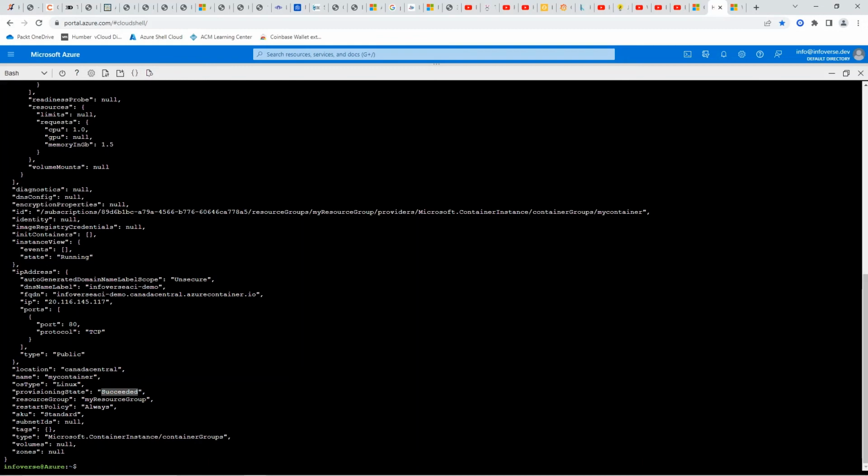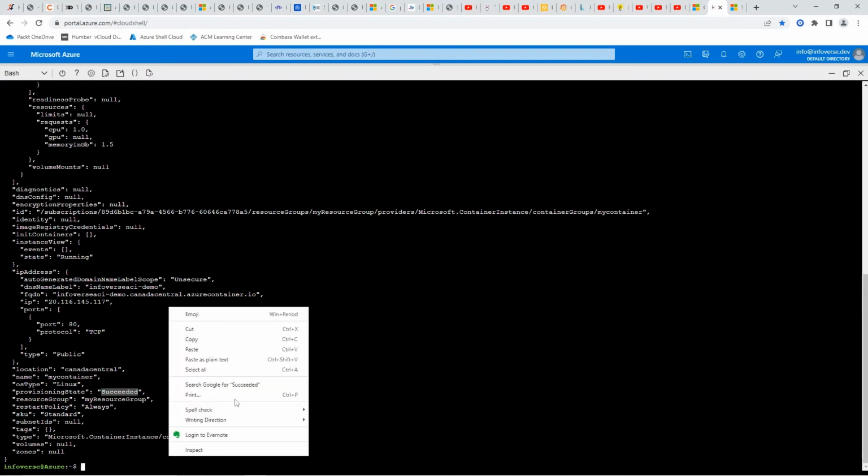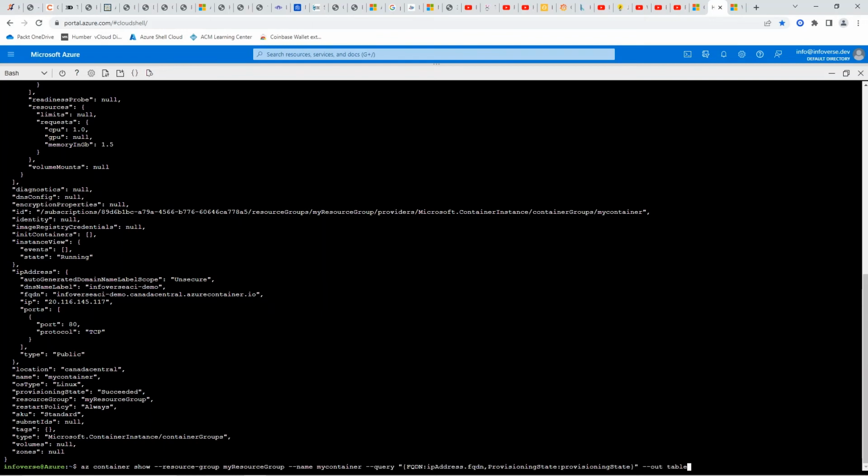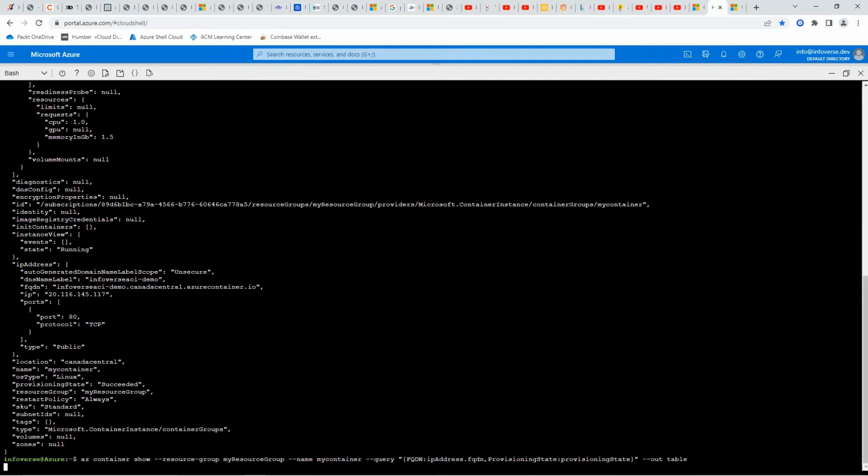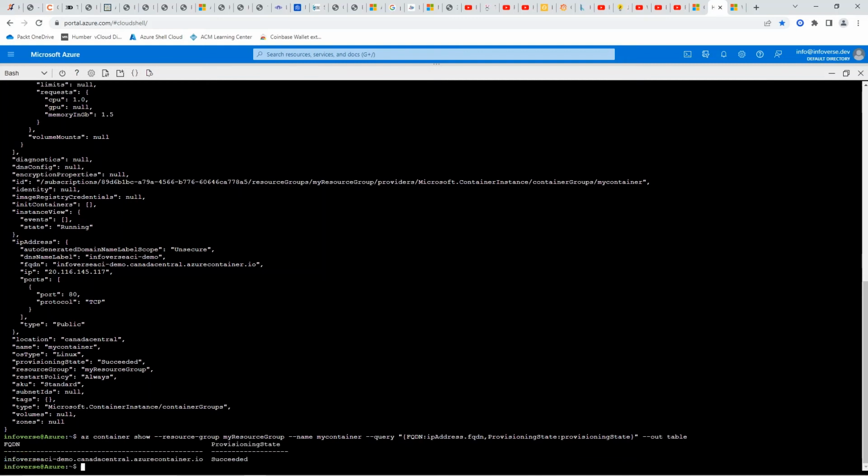Now let's run a command to see if we can see it running. So we're saying az container show resource group my container, and we're querying that to see if it was actually created. So you can see that yes, Infoverse ACI-demo, and that's the fully qualified domain name for that, has been successfully provisioned. So let's copy that